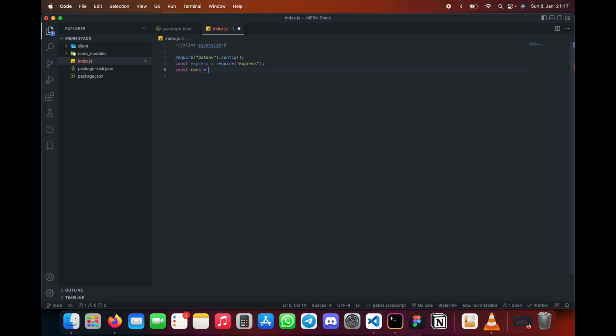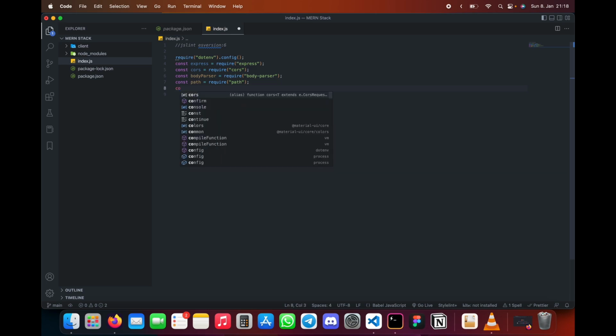Furthermore, I usually like to add cors here just so that it does not give me any unexpected errors in the future. And of course, body parser is needed. Require body parser. Then I will explain to you about path, why that is needed. For now, let's just require it, and then we can start